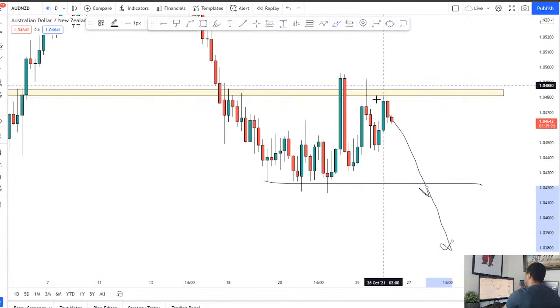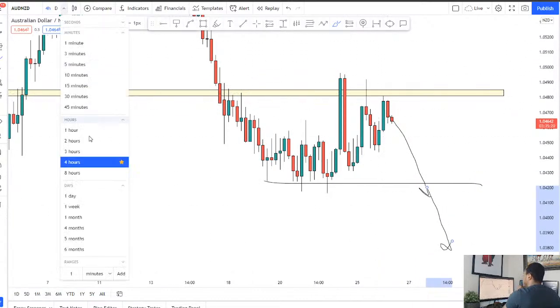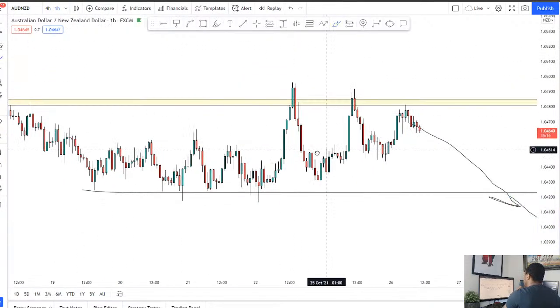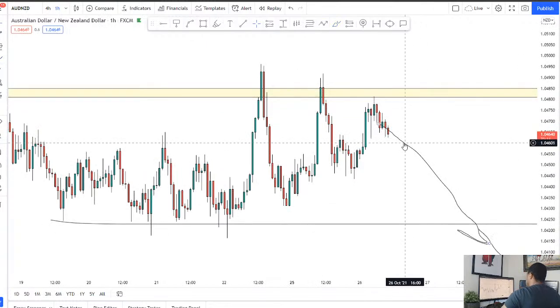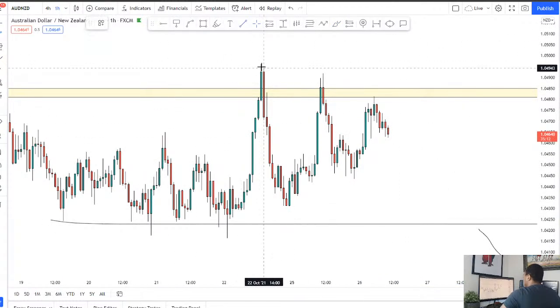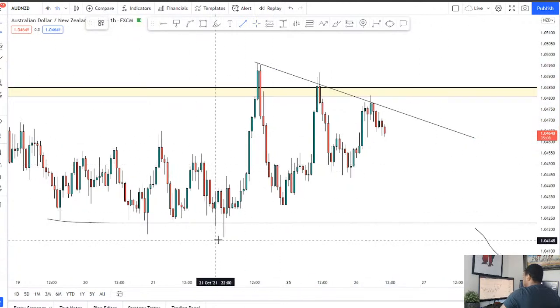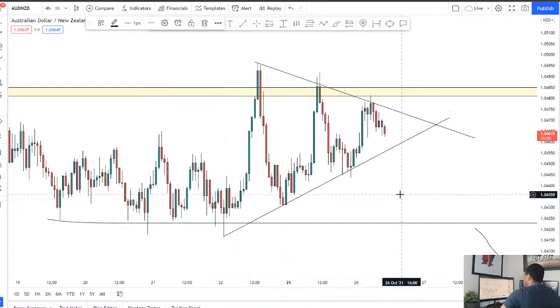We see 1, 2, 3 attempts of breaking through. So far price is unsuccessful, so if we keep that up, I'd say shorts to the downside do look good. We do have a little bit of a bearish trend line in this market now, kind of with a little bit of a bullish trend line there as well. Probably use that wick there. So it's a little bit